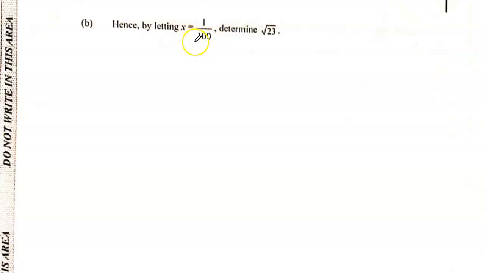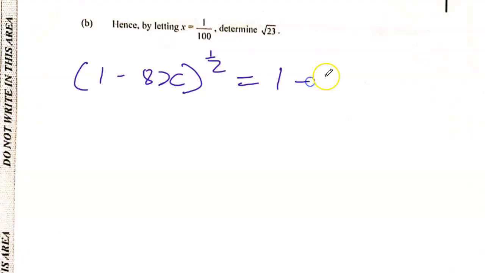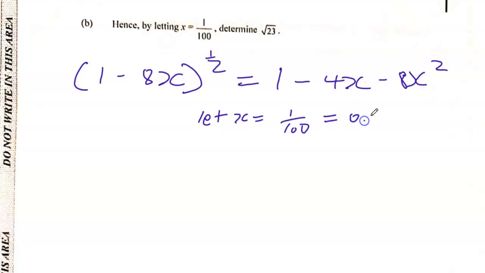Hence, by letting x equal to 1 over 100, determine root 23. Okay, so we just wrote (1 - 8x) to the power of half, at least the first three terms, as 1 minus 4x minus 8x squared. So if we let x be 1 over 100, that's 0.01, then what we'll have here, in the bracket, is 1